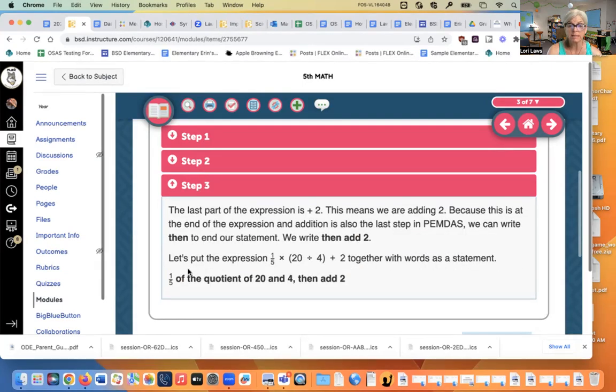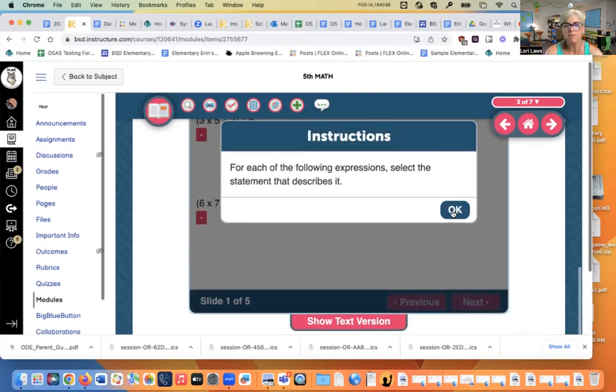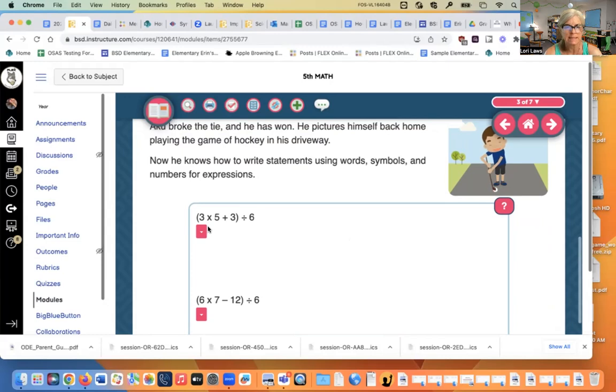The last part is add 2. Because this is at the end, it's the last step. We can write it at the end of the statement: then add 2. Nice. All right, so you've done a really nice job of learning how to take a sentence and write it